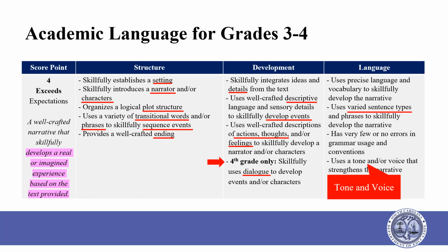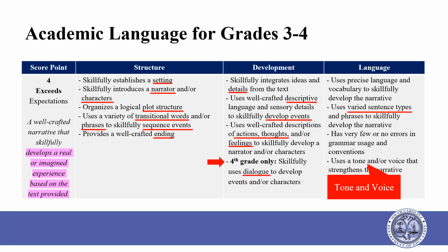Tone and voice are represented at the 4 score point on each TDW rubric. In the years of TDA range finding, we noticed that students who had a tremendous sense of voice in their writing, but who did not fully address the TDA response or did not include enough analysis, did not receive credit for the voice in their writing. The TDW rubrics address this concern by allowing voice to be considered at the 4 score point.